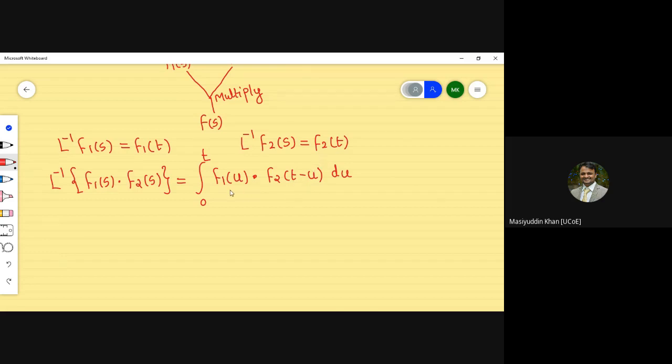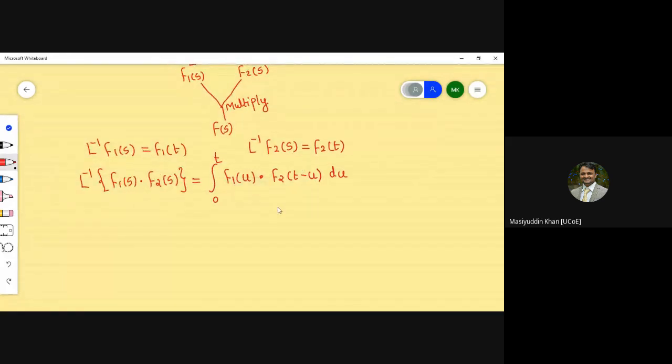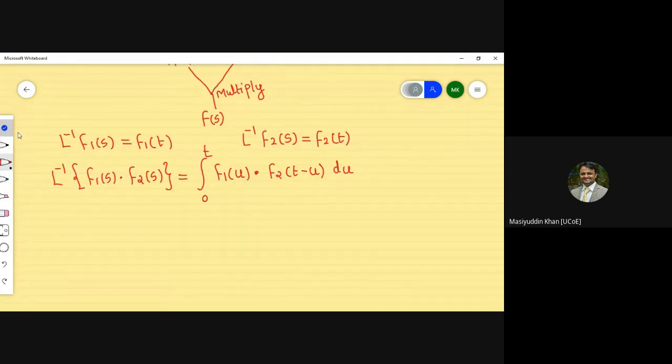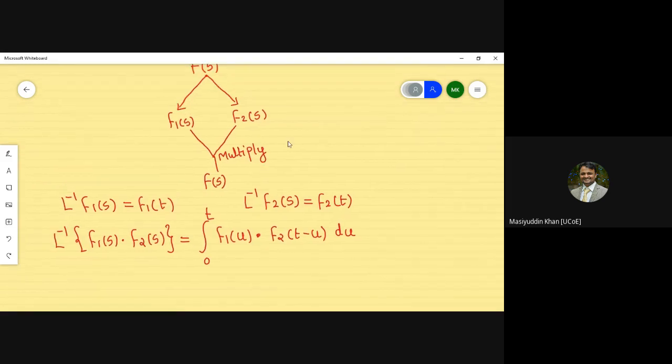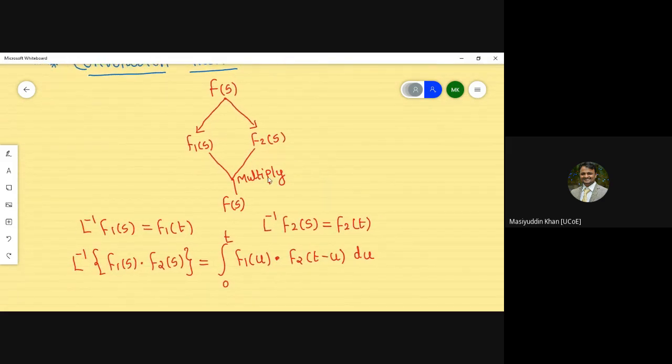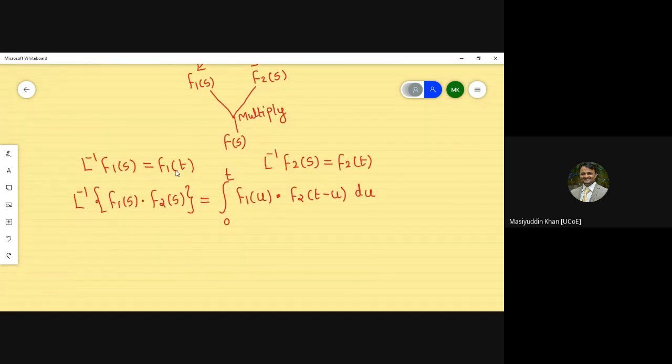It's your choice. और अगर किसी को ऐसा लिखना है कि मुझे f2 of u लिखना है और f1 of t minus u लिखना है, कोई इश्यू नहीं है, कोई प्रॉब्लम नहीं है. You can consider any function because the multiplication you will get the same. मल्टीप्लाई करके सिंप्लीफाई करोगे you will get the same, because at the start of the convolution theorem it is clearly stated that the function must be divided into two parts, but if we again multiply both the functions then you'll get the original function. So according to that, if I'm applying with f1 of t minus u or f2 of t minus u, no worries, no change will be there.